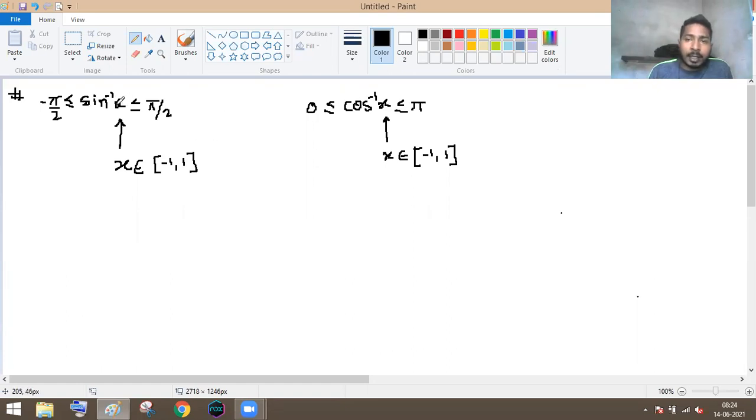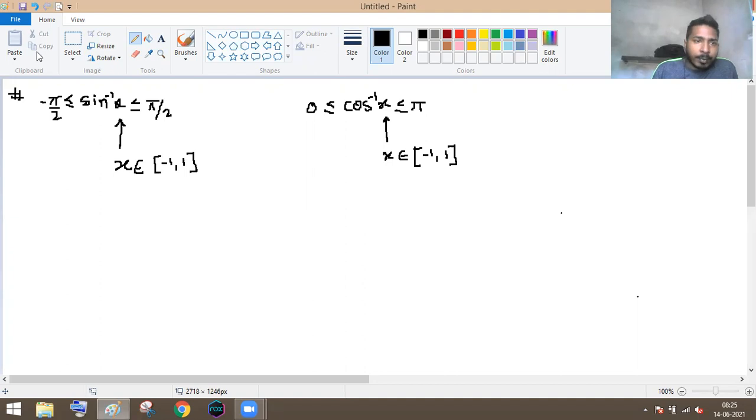You have to keep this in your mind every time, the value of x. If I ask you the value of sine inverse 2, you can say that sine inverse 2 does not exist. There is no certain value for sine inverse 2 because it is not defined; x should lie between minus 1 and 1. The same holds for cos inverse. Now for tan inverse x and cot inverse x, if you go to the previous lecture and look at the chart, you will get everything from there, so I will not discuss that part.